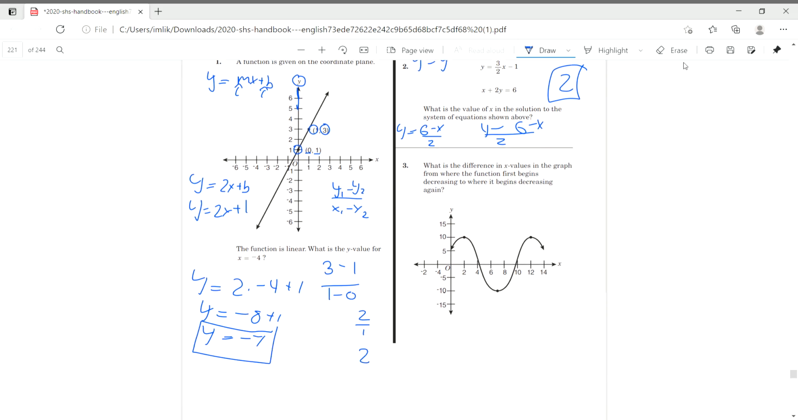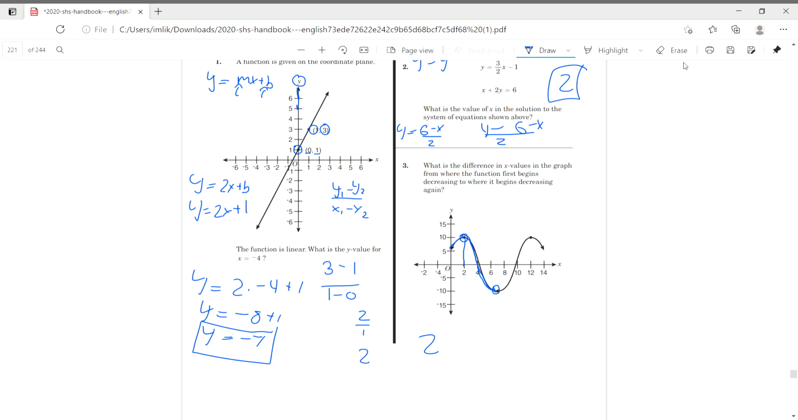Next, what is the difference in x values from the graph from where the function first begins decreasing to where it begins decreasing again? So if we look at it from here to here, it's increasing, and then at this point everything just goes downwards. So our first point will be 2, because this is our x-axis. X value is 2 for this point. So then we drop down. Then on this point